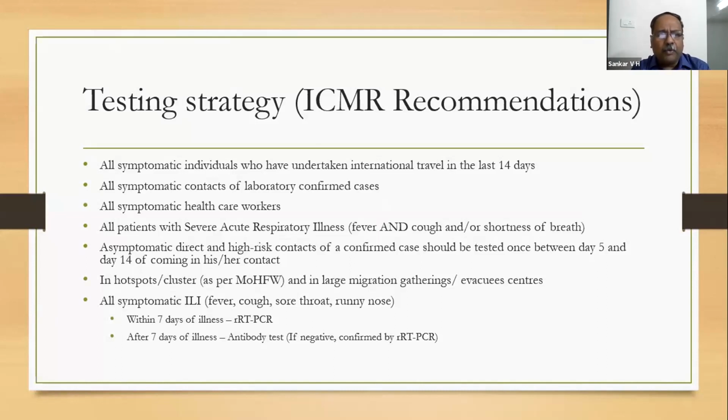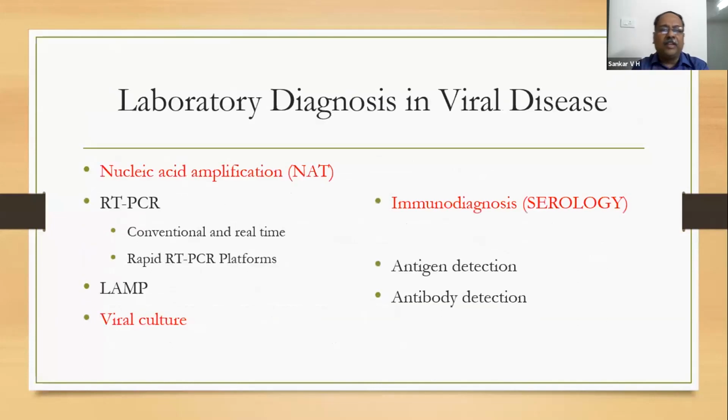So these two groups, that is the 5th indication and 7th indication, in any case of SARI or influenza-like illness, if you have a strong suspicion, you can test, which we are not doing regularly everywhere. If we include more cases in this category, our testing number will definitely increase, but due to some logistic reasons, we are not doing it regularly, though we are doing the surveillance technique in some of the centers.